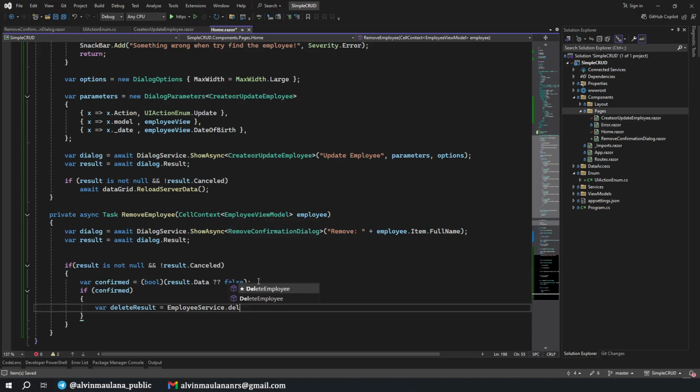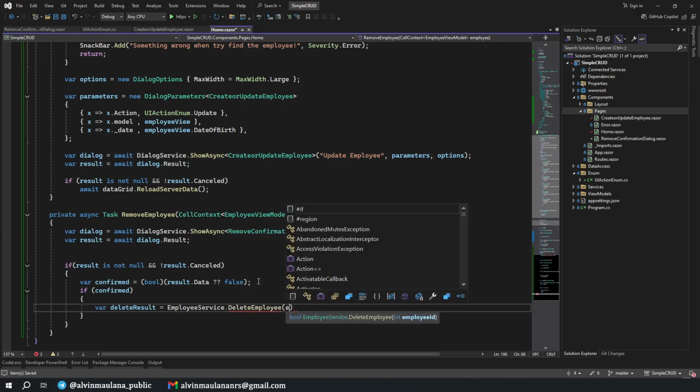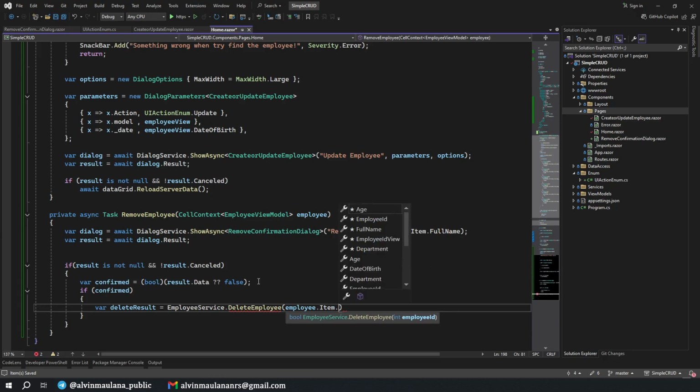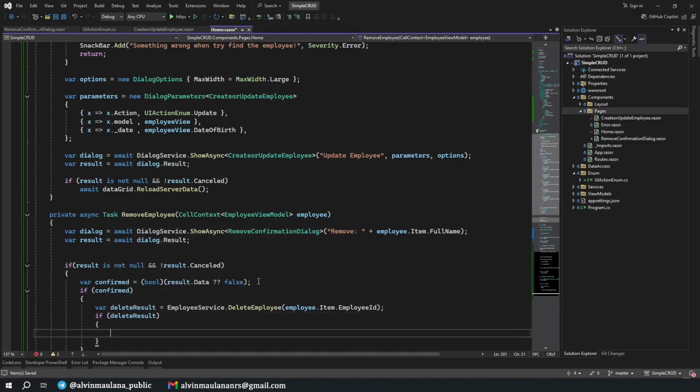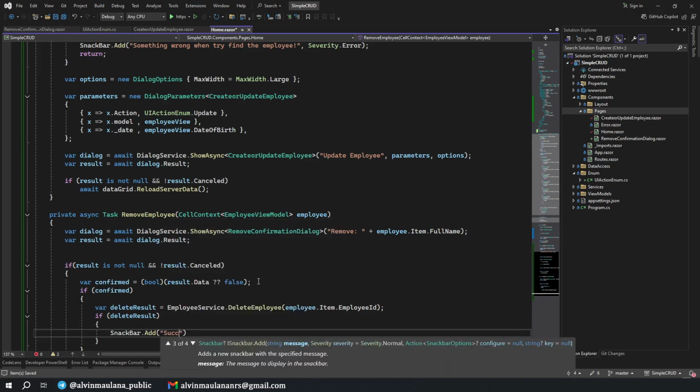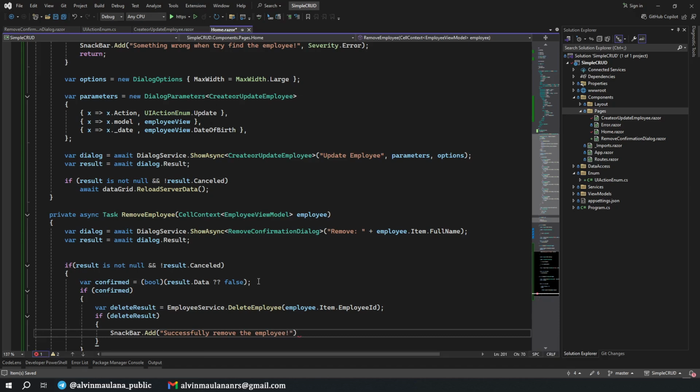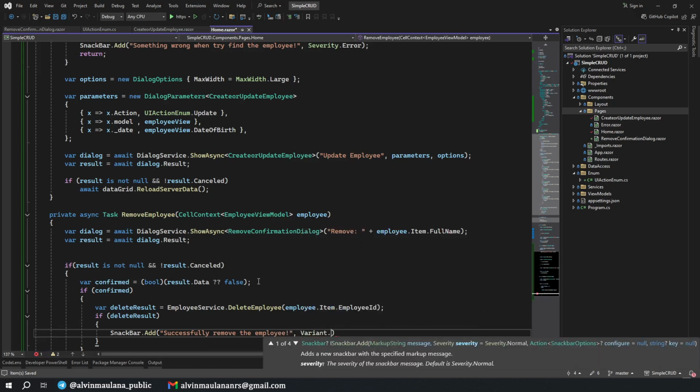What is it? Oh, DeleteEmployee, the item's employee ID, and then the result, if success, it will show the snack bar with successfully removed the employee, with the severity of success.